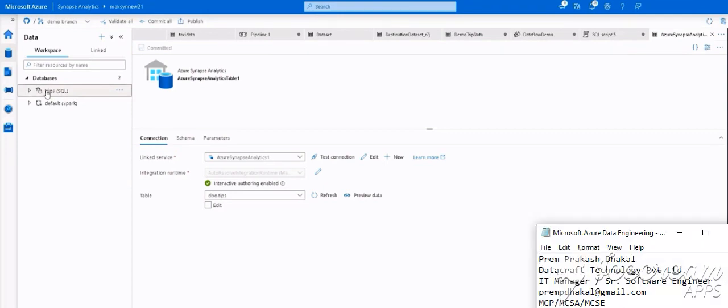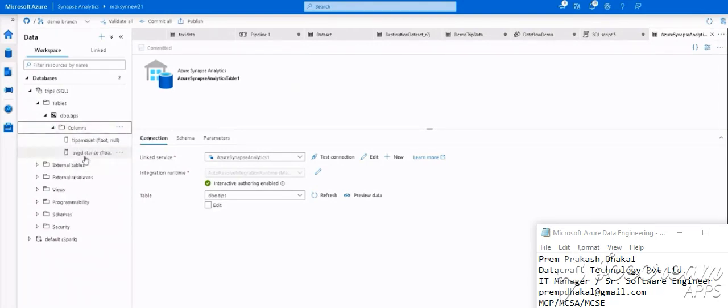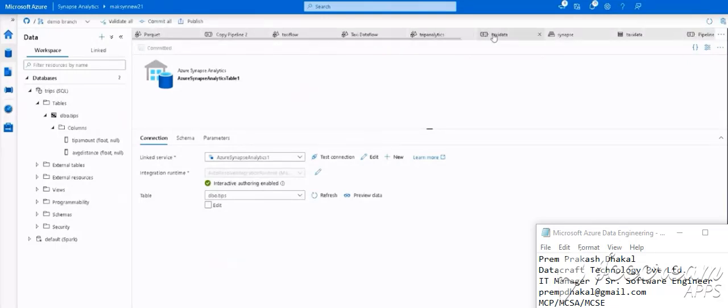Trips is the name of my database, and my table tips is right here. Now you can click on the dbo.tips. You will see the columns that I was creating from the aggregates in here, trip amounts and average distance. Those were, let me go back to that just so you can see a little bit finer on this. If I go to the taxi data pipeline,